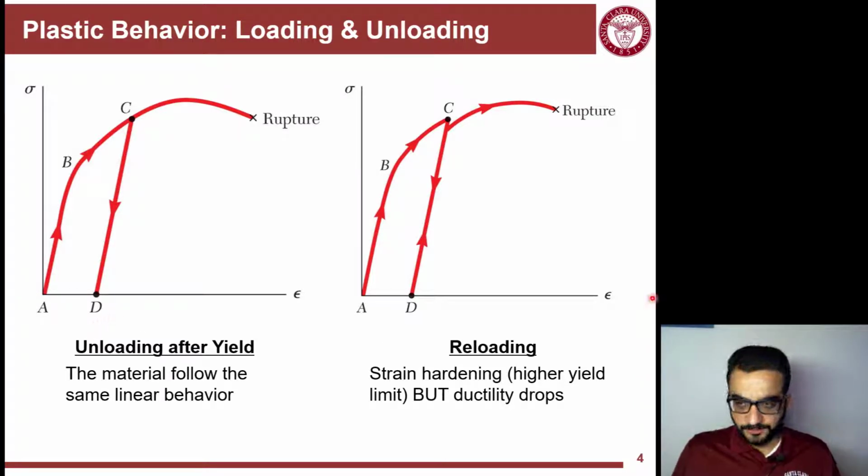Now let's say the material is under cyclic loading, and it will be loaded in another cycle. So it will start with this existing strain, and it will be loaded again, following the same linear path. But you will see here that it doesn't end up linearly here with that old elastic limit, or proportional limit, that you had before. It actually could keep going linearly until it hits approximately the same plastic curve it had before, and then it will start merging into that plastic